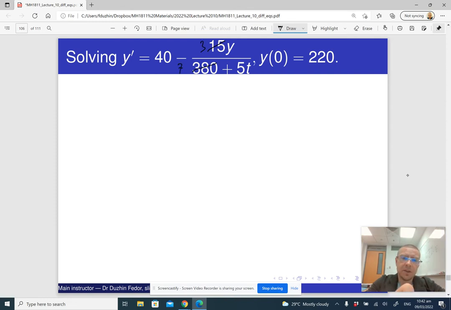380 divided by 5 is 76. And this is 5, right? So I have divided both numerator and denominator of the fraction by 5. Right, so my differential equation now becomes y prime equals